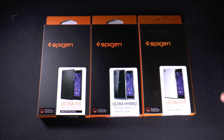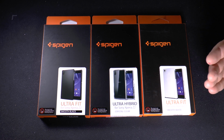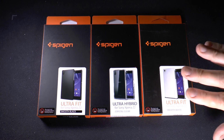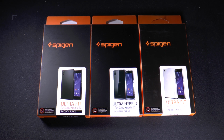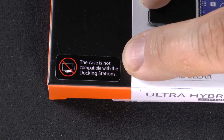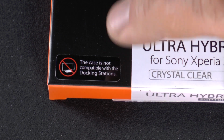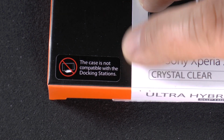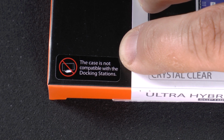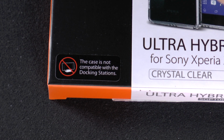They are inexpensive. They're good quality cases. They come with screen protectors, so they're a good deal, good value, except I actually would not recommend them, and I want to show you why. The reason I wouldn't recommend them is this little indication here, which is a sticker that was clearly added to the packaging later, and it says the case is not compatible with docking stations,